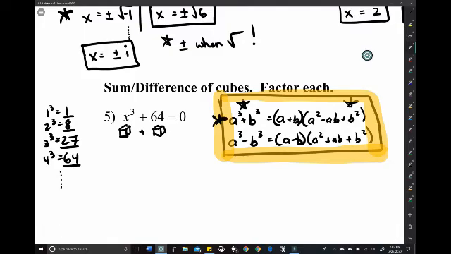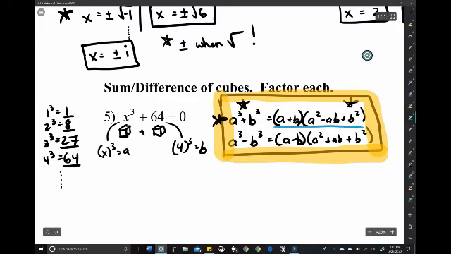What we are concerned with is what is the cubic root of 64, and that is 4. So 4 to the third is 64. That's what we're going to put in for b. The cubic root of x to the third is just x. So that's what we're going to put in for a. And once you recognize those, you just substitute right into the second part. So we have